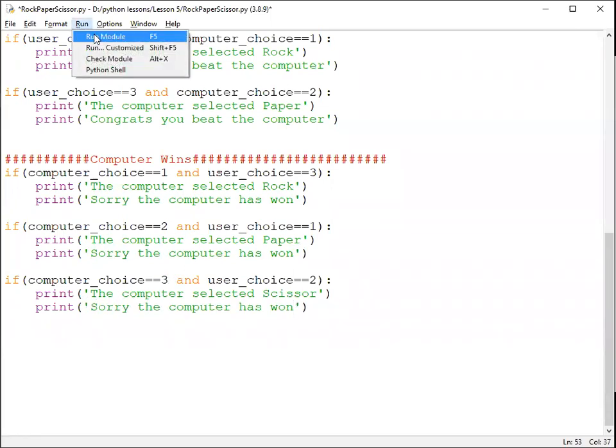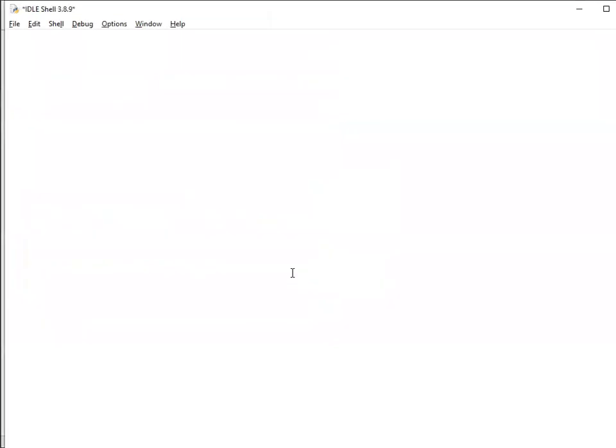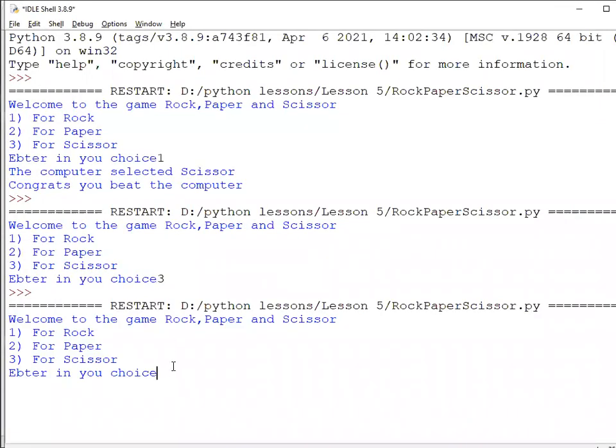If we quickly run this little program, and my choice is now 3 again. The computer selected rock. Sorry, the computer has 1 because we selected 3. 3 was scissors. So now we have a game where you can beat the computer and see how many times